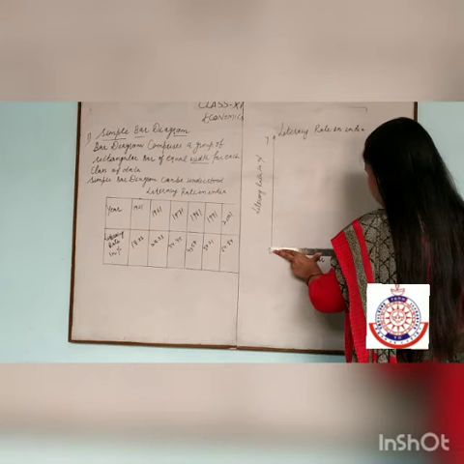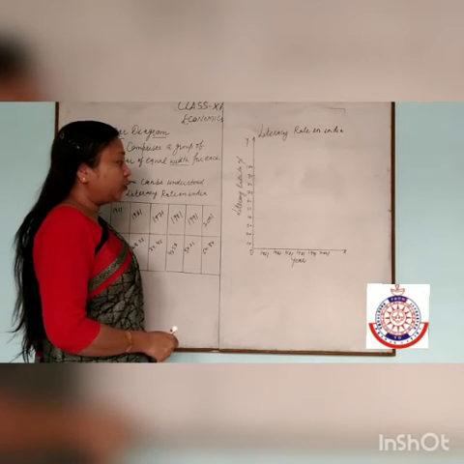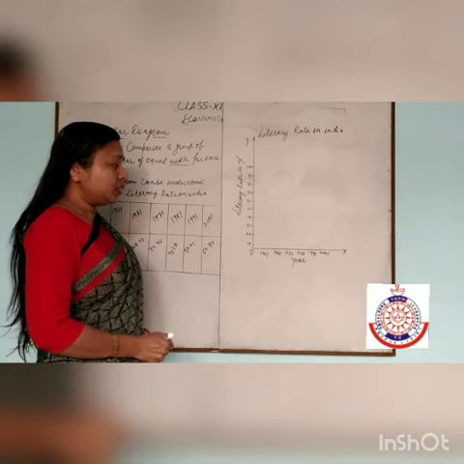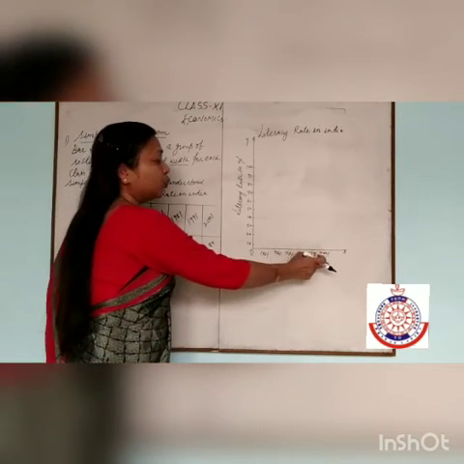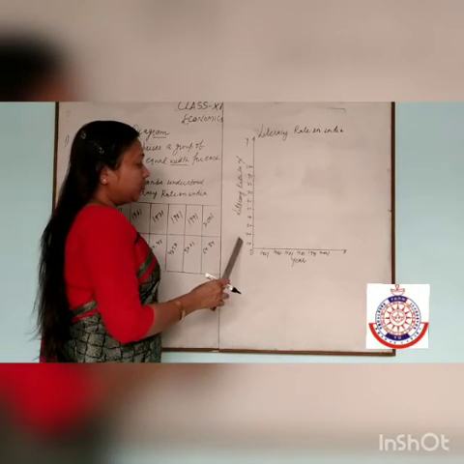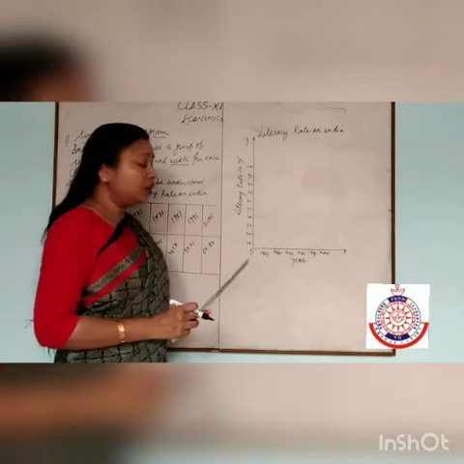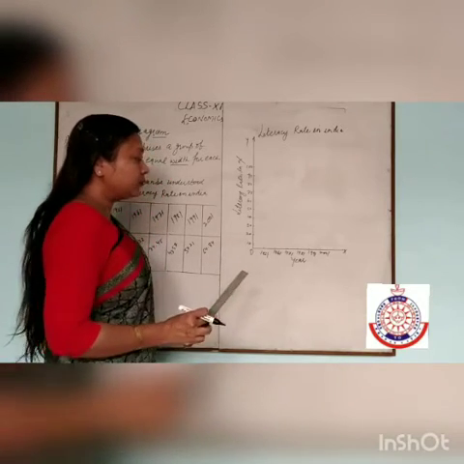Here we are taking a percentage, that is 10, 20, 30, 40, 50, 60, 70, 80, 90 and 100. Now for 1950, on the OX axis we have to show the year and on the OY axis we show the literacy rate. We take equal distance on OX axis and OY axis. Here percentage is given, so we have divided it into 10, 20, 30, 40, 50, 60, 70, 80, 90 and 100. On OX axis we have to show the years.